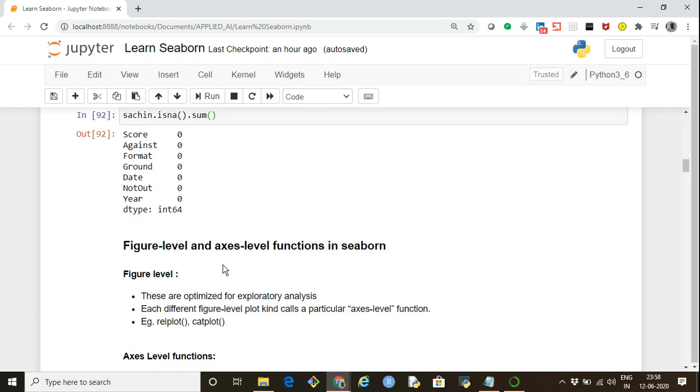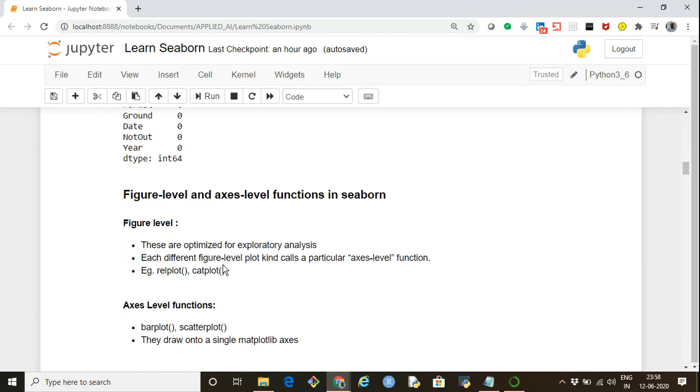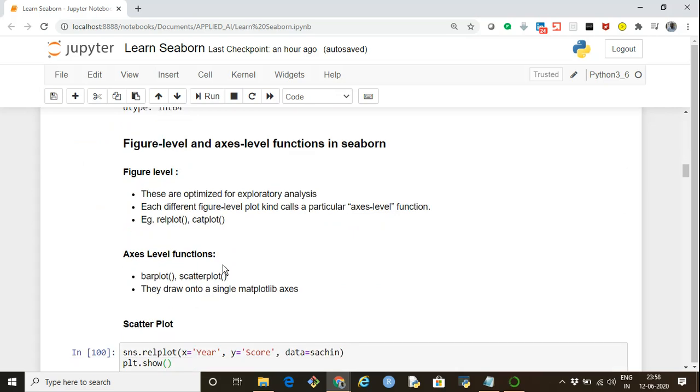To start with, in Seaborn we basically have two types of functions. One is the figure level function, and the other is the axis level function. The basic difference is that figure level functions are based on multiple axes, and internally they call the axis level functions.